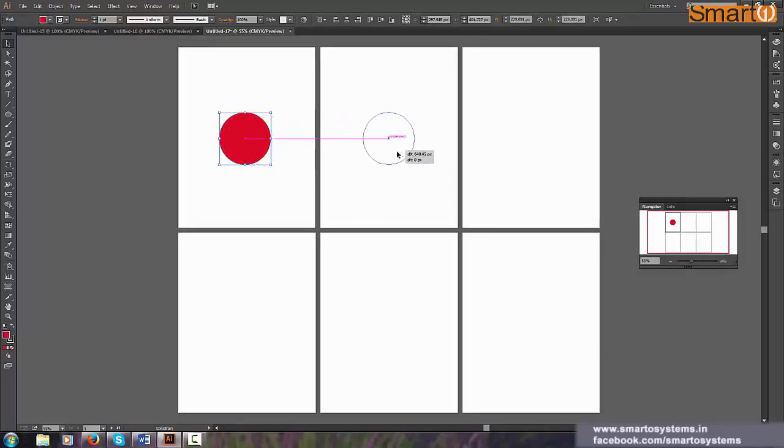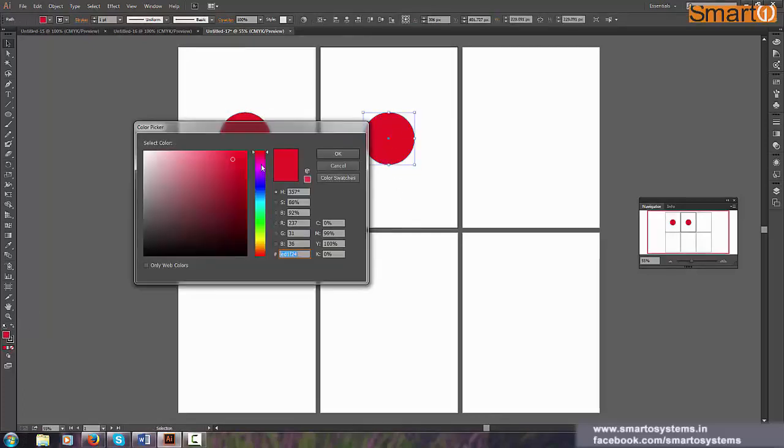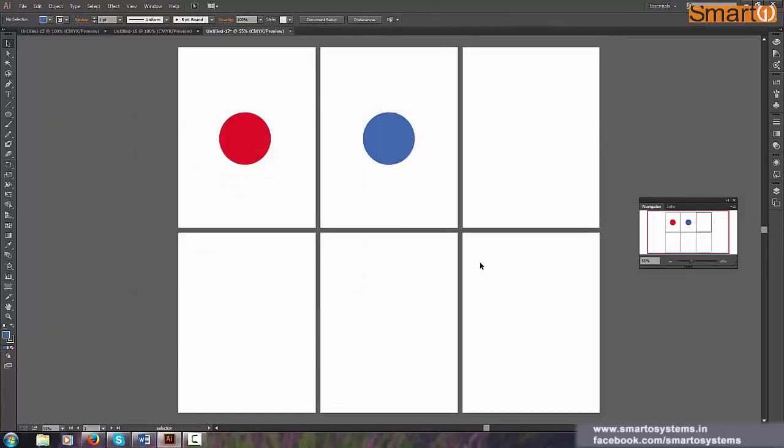So what I can do is I can put it in another artboard and I can change the color of it to something else, and I'm trying out the options, what looks best at the top. So like this we can have so many designs or so many alternate versions of the same thing in a single file.